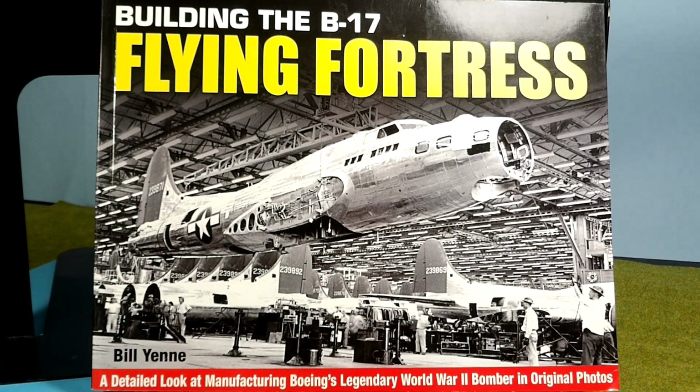Today's book is on the B-17 Flying Fortress. This one is Building the B-17 Flying Fortress by Bill Yenne, or Yenne. I don't know how to pronounce it, but anyway. It's a detailed look at manufacturing Boeing's legendary World War II bomber in original photos. It has photos from all the plants, Boeing, Douglas,